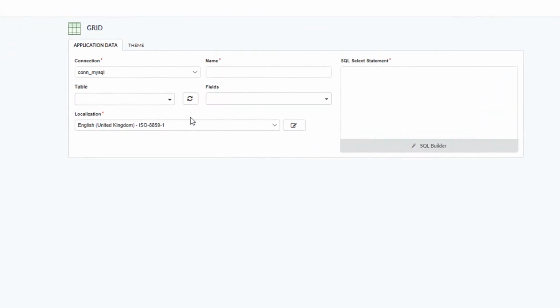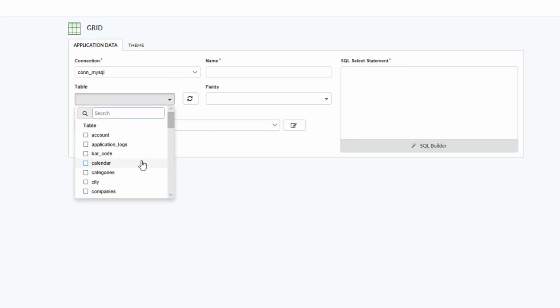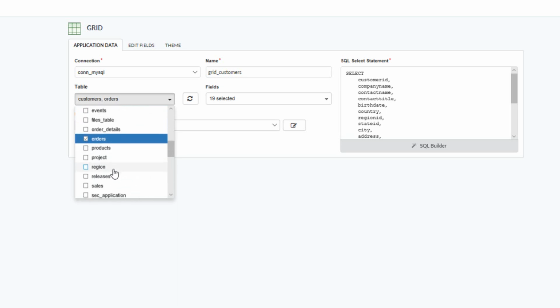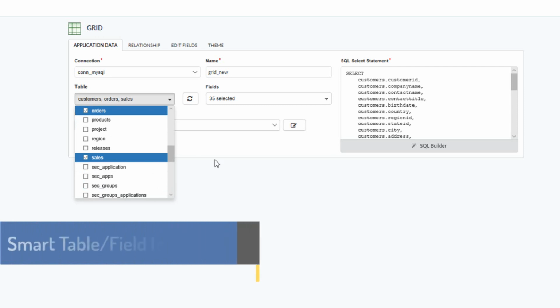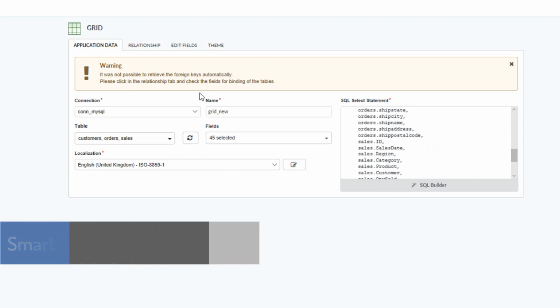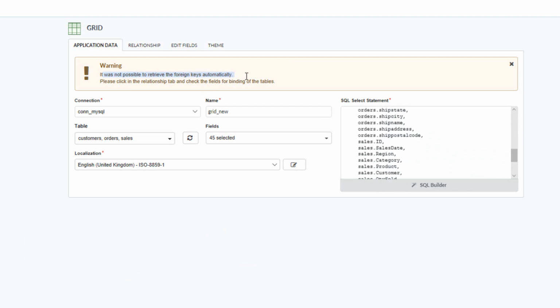When accessing the grid application again, we have customized our SQL statement or selected a table. So I will go ahead and select multiple tables in this case because we can select more than one table. So I will select the customers, I'll select the orders, and then also the sales. Now we can see here on multiple selections, the SQL statement is again provided. We also indicated that foreign keys are not automatically detected and that we can then manually define them within the